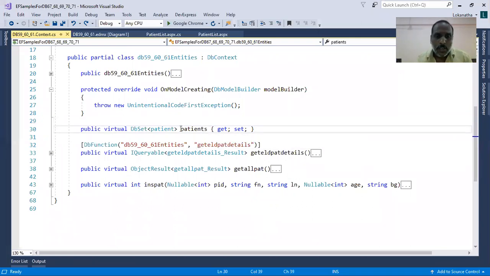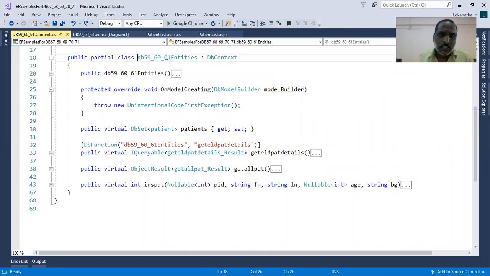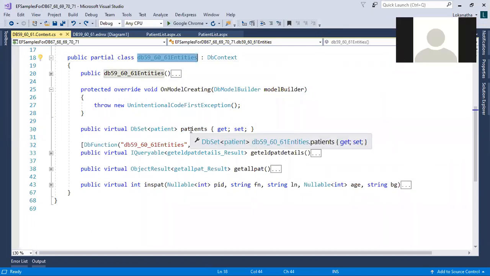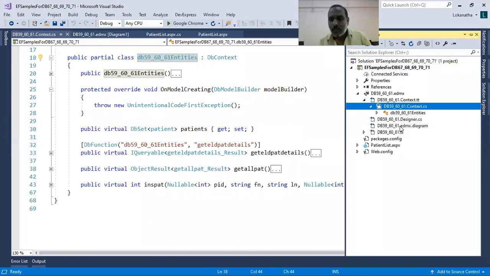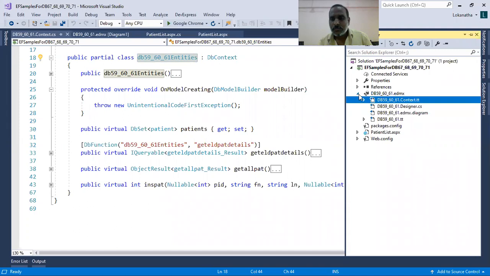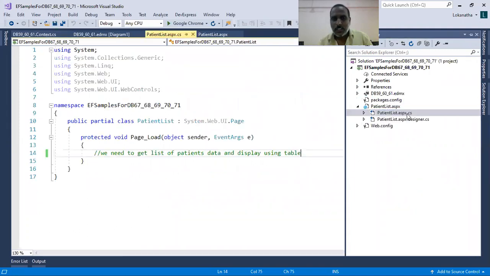But now with Entity Framework, if you want to insert any data into your patient table, you have to operate on this patient's property. I will explain how to operate on it. But remember, this patients is a property present in this class. If you want to use this property, you need to create the object for this class. Let me go back to my PatientList.aspx.cs.